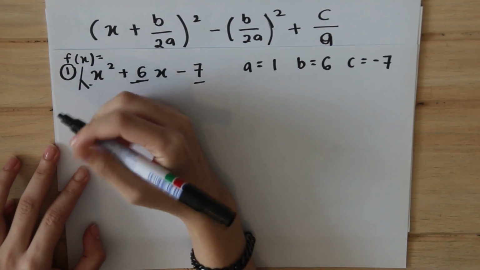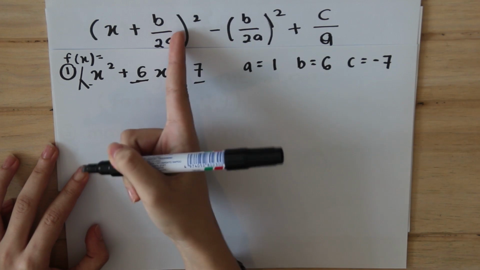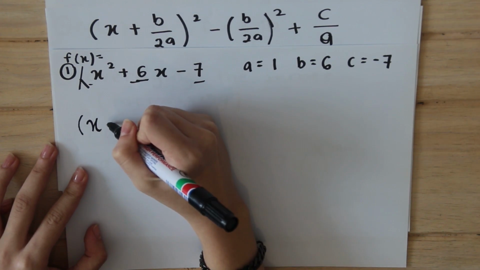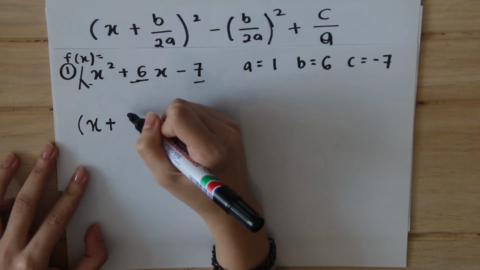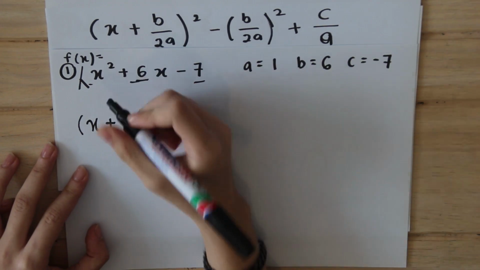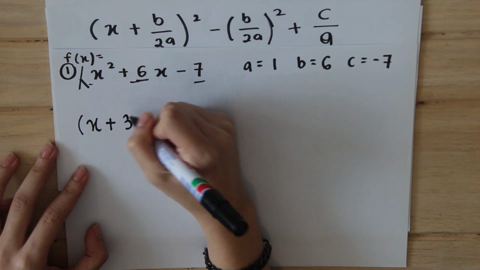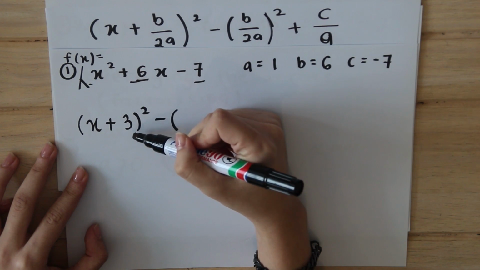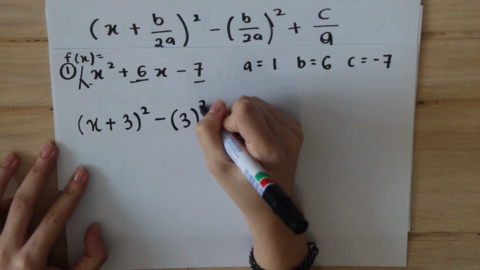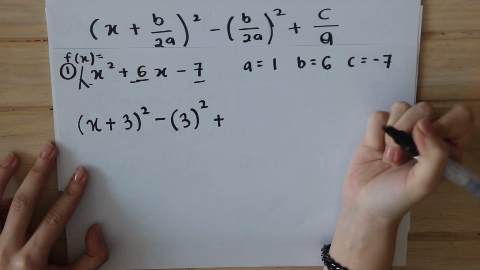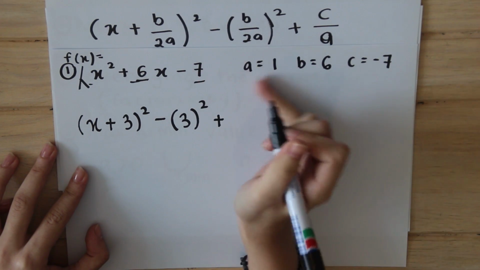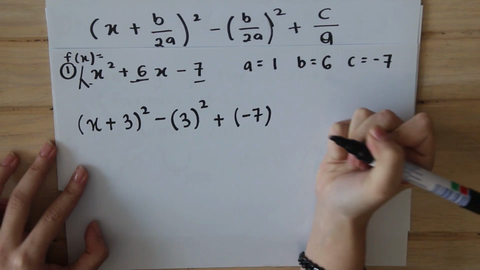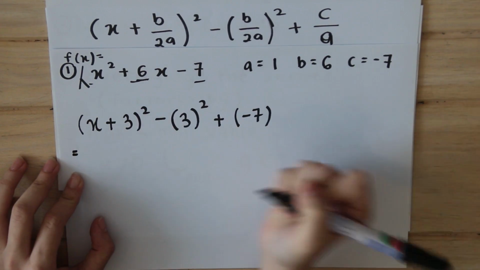So first, we just sub in the values in the formula. So to complete the square, x plus b, which is 6 over 2, which is 3, square, minus b over 2a, which is also 3 square, plus c over a, which is -7. Okay, and then